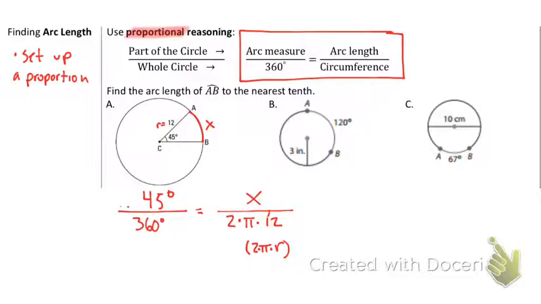Okay, so before I do the cross multiplication, I want to clean up any math I can do. So I want to clean up the circumference. All right, so let's do that math. Again, we're not going to multiply out the pi, so pi is still on top. And if you remember, I'm just going to multiply the numbers here and leave it in exact format, or pi form. Okay, so we're going to do 2 times 12,